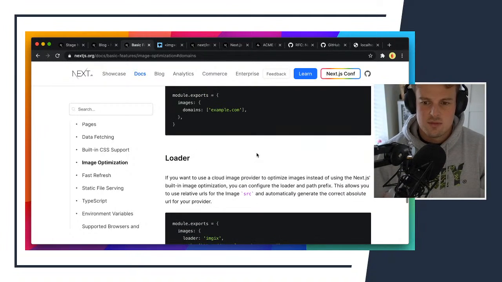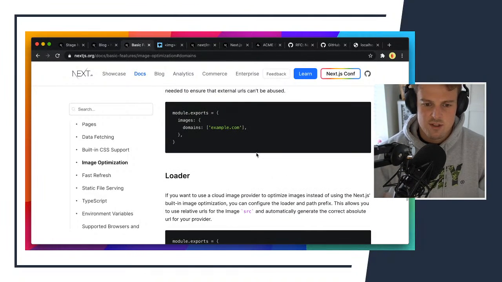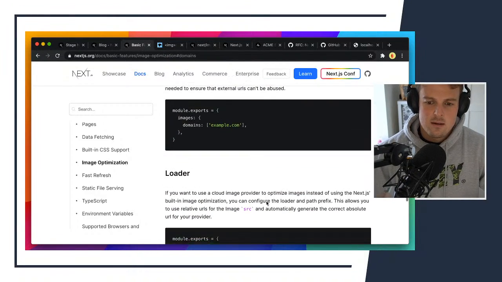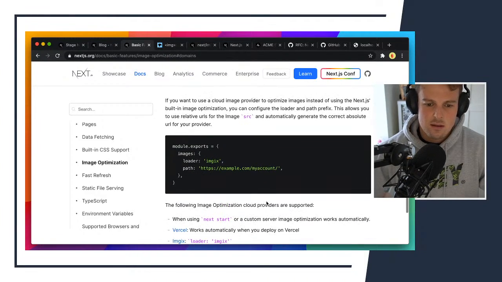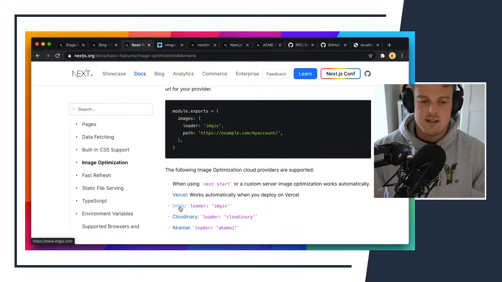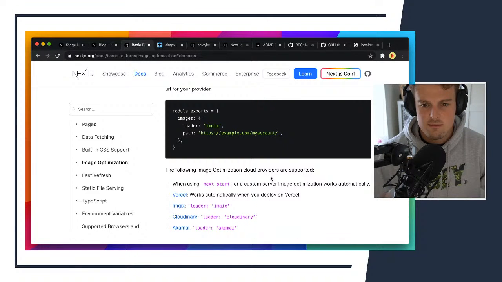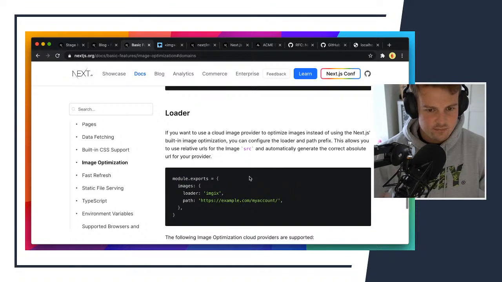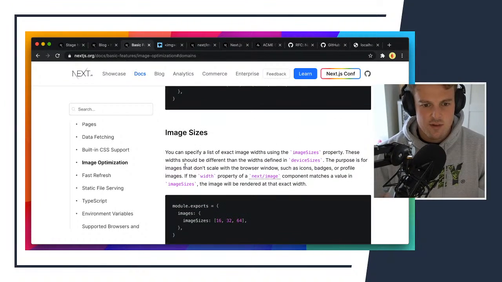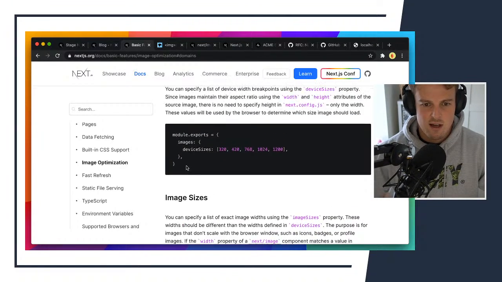If you're not deploying your Next.js app to Vercel but hosting it elsewhere, then you might want a different image optimization tool. Okay, so we'll need to add a next.config.js file to our project and specify